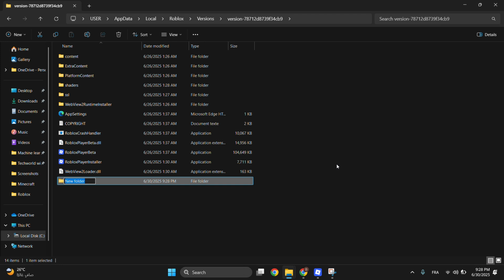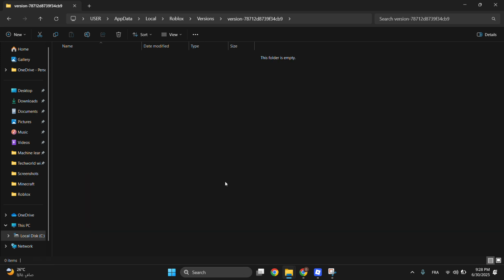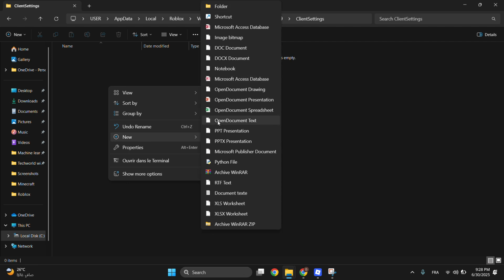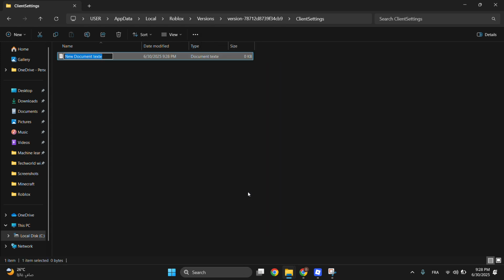new folder. We need to call it client settings, and then enter the folder, click on new another time, and then we will do a text document, and then